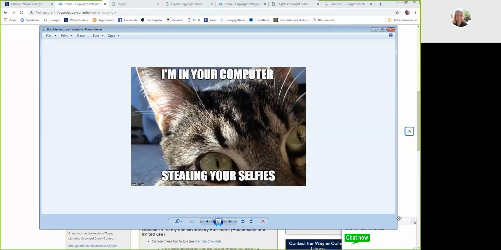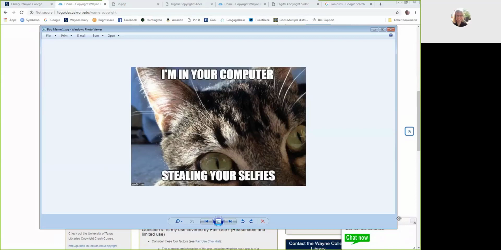But it turns out that the original image was from Getty Images, and it was a National Geographic photographer who took the picture of this penguin, and somebody went ahead and illustrated and used it in a meme. As soon as it was posted on a public blog, which of course often generates revenue, they were able to send a cease and desist letter and also charge them $900. And that's actually probably a cheap one. So just be aware that your use of images can be a violation. You can get a cease and desist letter, you can be forced to take it down, and you can be forced to pay. That's just something to consider.